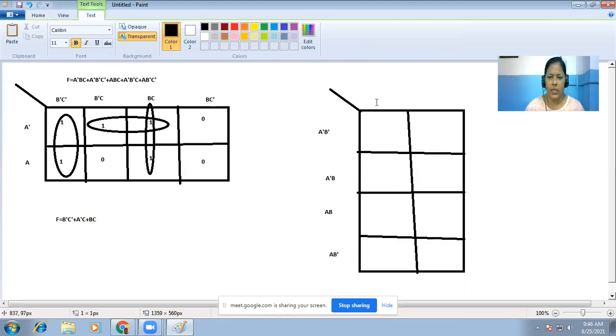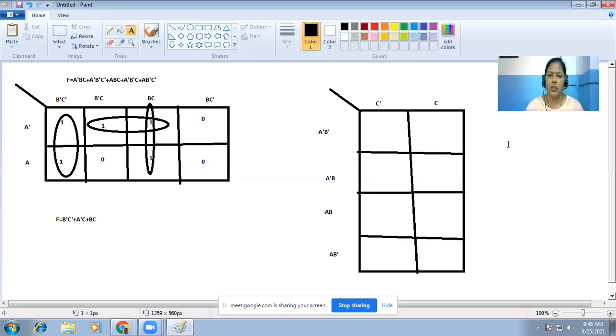And from this side it will be c bar and c. Now using the same method, you can also fill up all these boxes either with zeros or with ones, and then again you make the loop and find out the simplified expression.